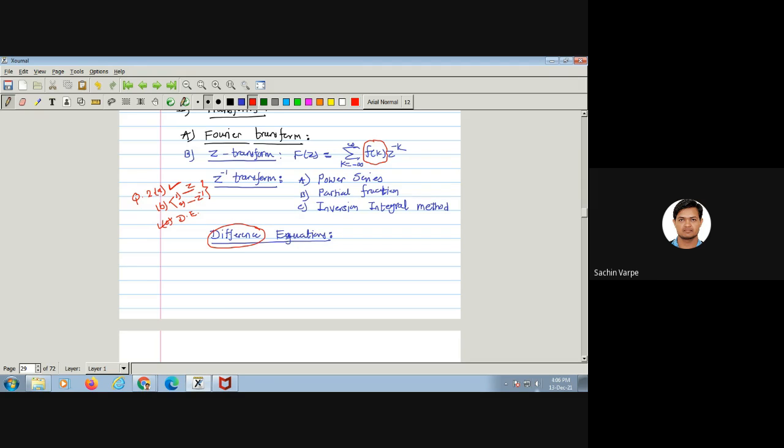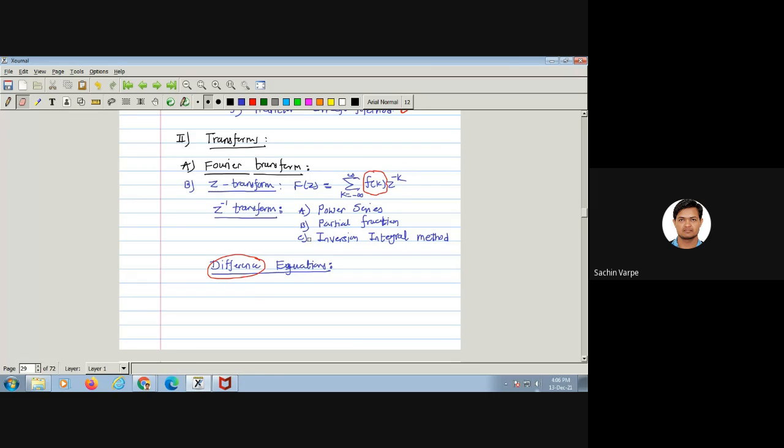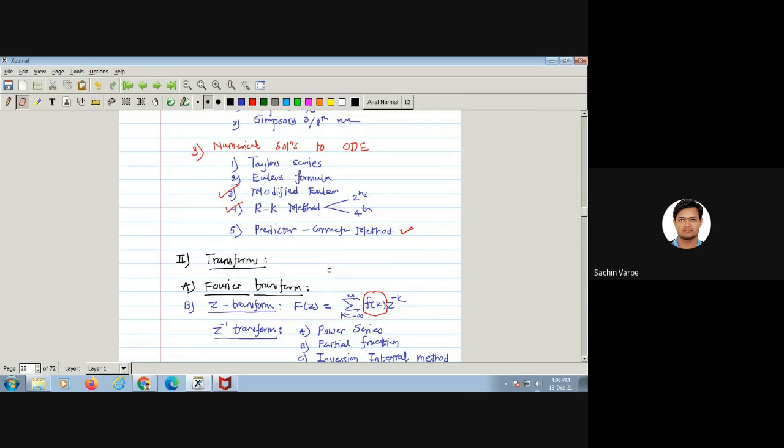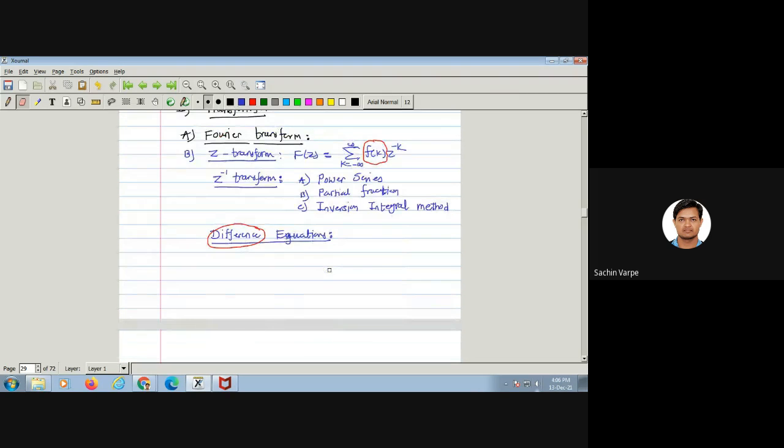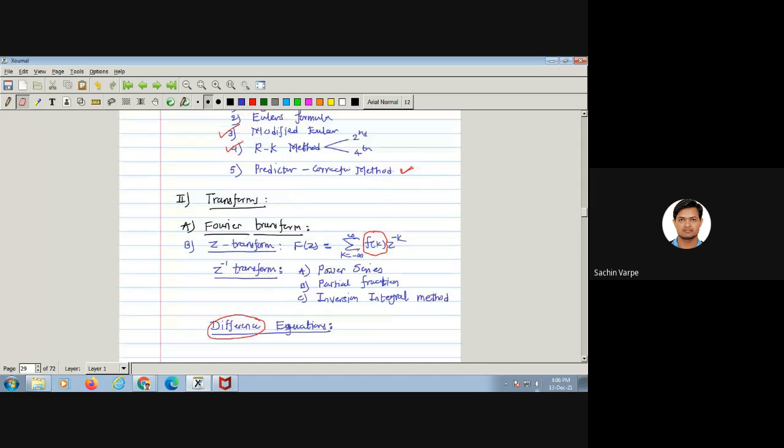Here you'll be having two options. Okay, solve any one of the two, either Z or inverse Z transform. And the first is application to linear differential equation, that is to the electric circuit. Okay. So this is what about the theory question paper pattern for question number 2. So if you are going for the second question, then difference equation is very important there. Okay. Then the unit number 1.